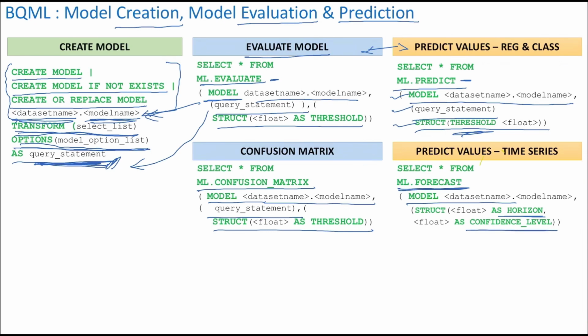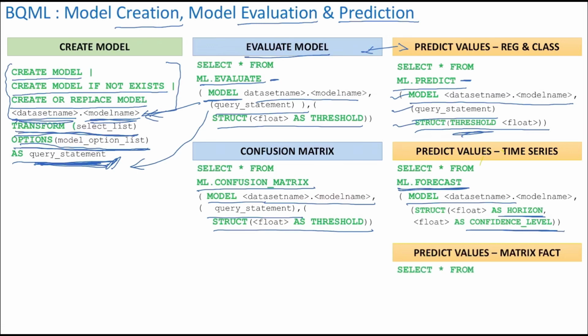And also you're giving the confidence level, at what level of confidence you want the model to predict the time series values. So essentially, there is no query statement here, because it has got the time series data in the model itself, and all it will do is, based on that data, it will give you the prediction for the forecasted horizon. And then finally, if you have a matrix factorization kind of model for the recommendation engine, it's a